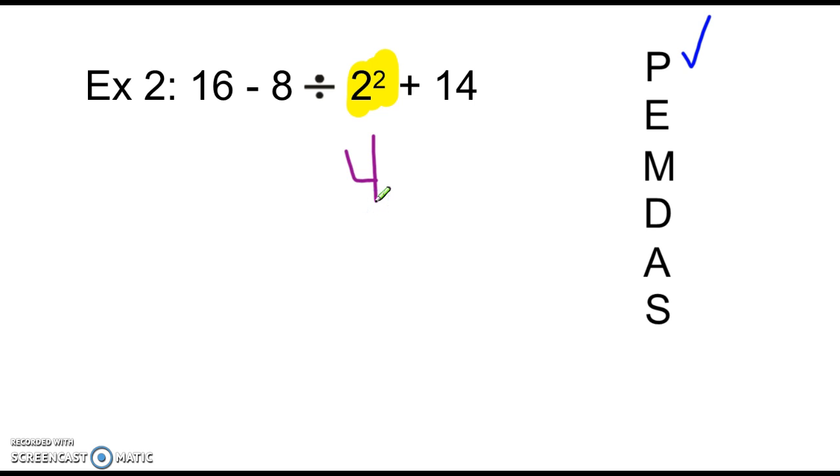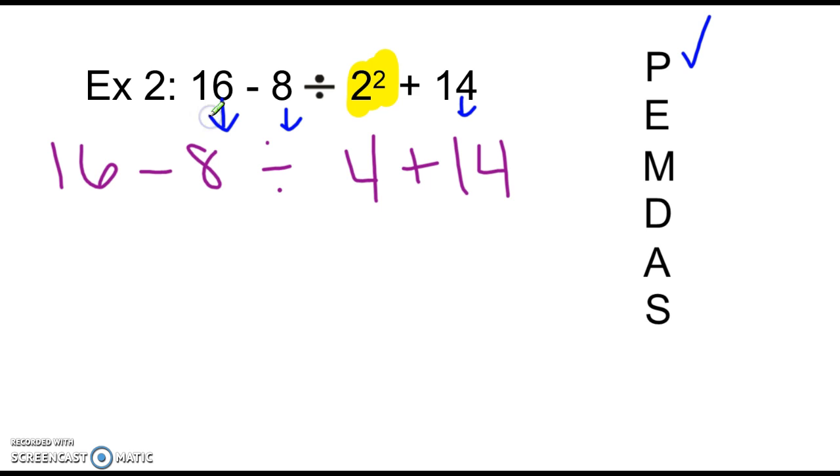So we keep our work all neat and organized. So 6 minus 8 divided by 4 plus 14. All we did there is bring the rest of our problem down. Okay, so now since we checked off exponents, we're going to be looking for multiplication or division. So let's see if we have any of that. And we do. We have division right here. So we need to complete